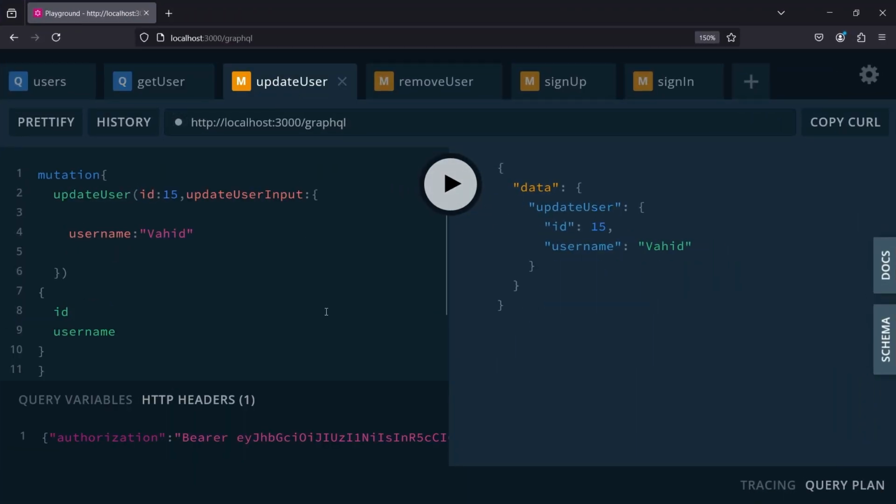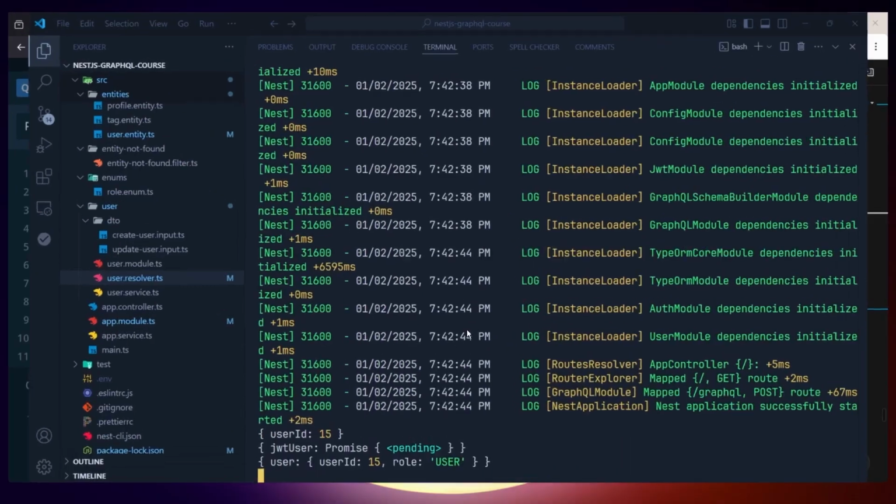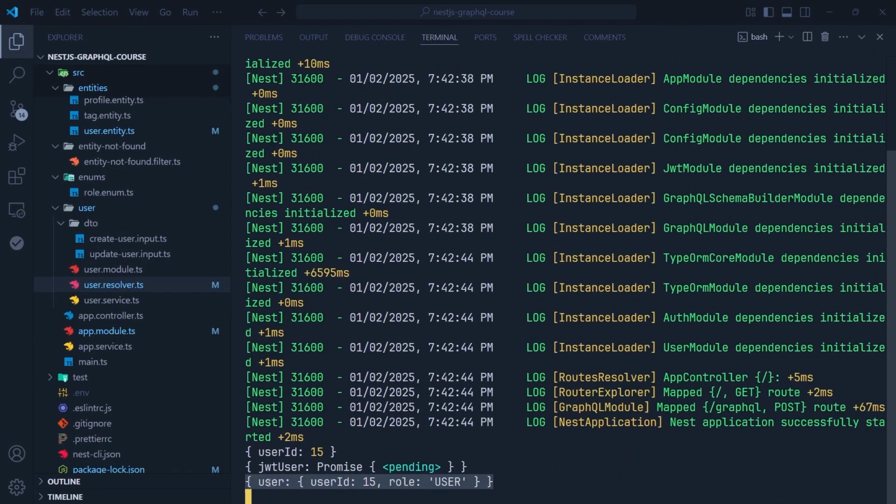Now let's go to the update user here, and now we should not put the ID here. The ID will be extracted from the access token that we feed inside the authorization key in the header of the request. So let's run the query again. As you can see, it is running. Now here in the terminal, you can see we have the user object here, the user ID 15, and the